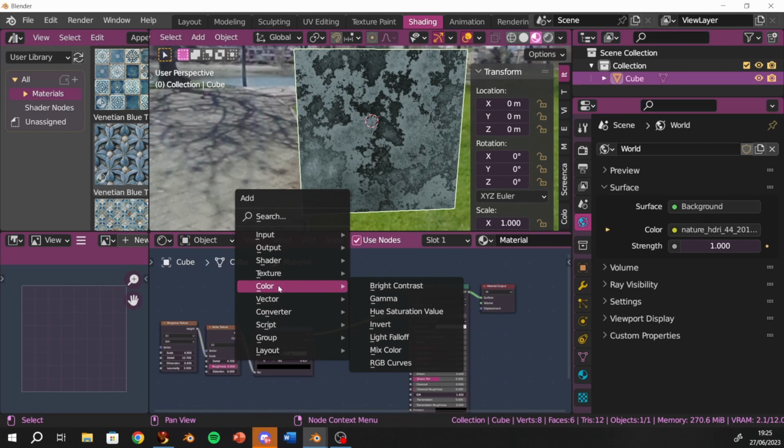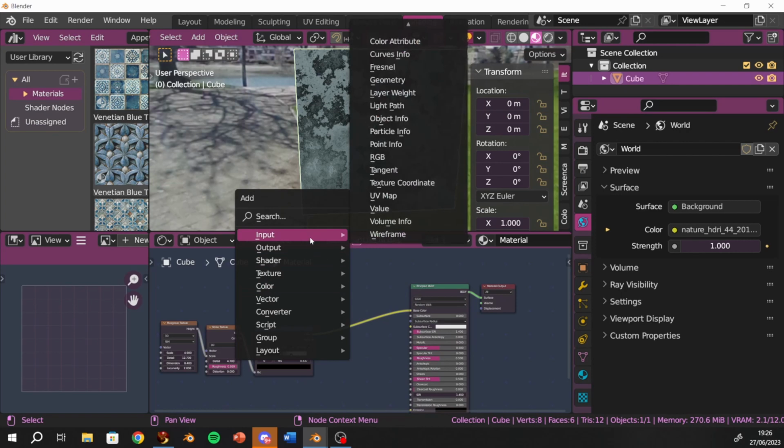We can mix a color. RGB curves. We have not. Well, of course, we have one that is an input one. An input is an RGB. Oh, RGB. Yeah. So input, that means actually this input are all like